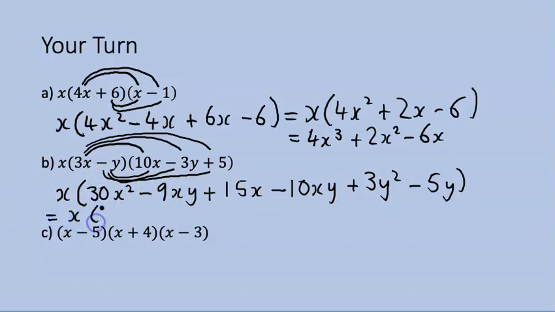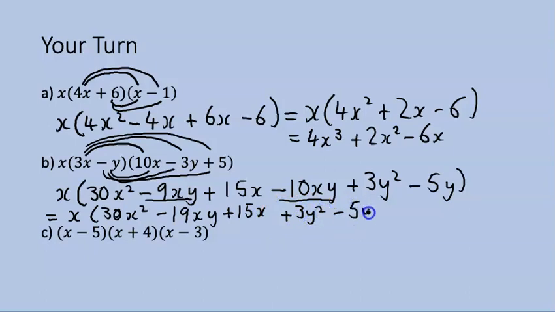So I've got x here, 30x squared is there. Sorry, that's really badly drawn. Now I've got minus 9xy. That's repeated here with minus 10xy, so I've got minus 19xy. Then I've got plus 15x, plus 3y squared, and then minus 5y. Close the bracket. And then I need to just expand this out,